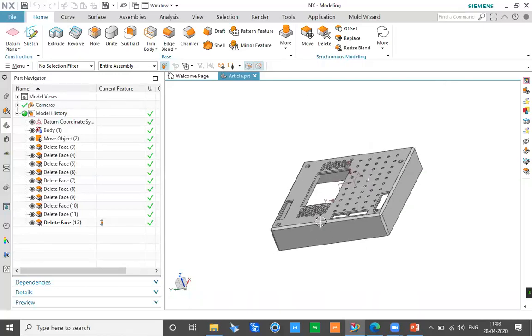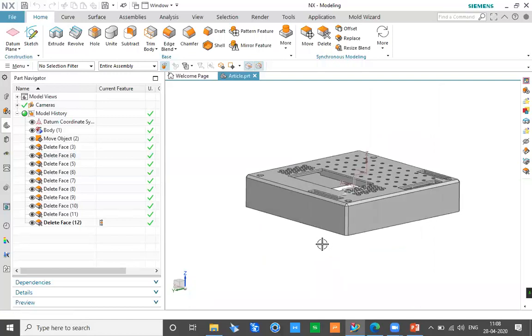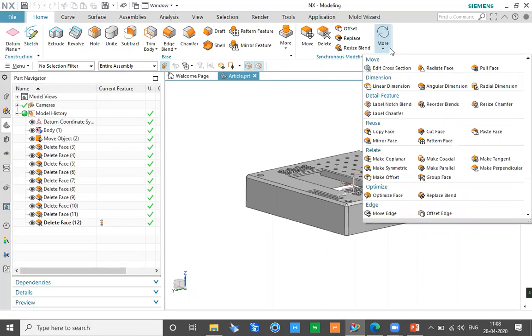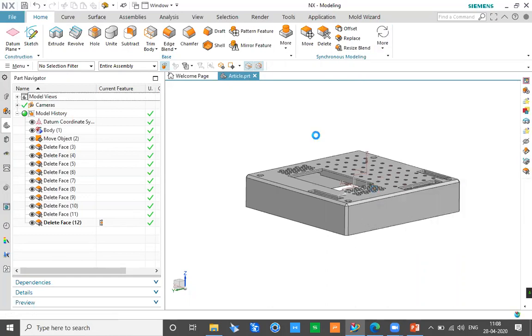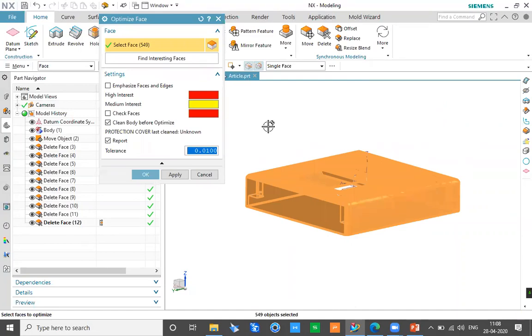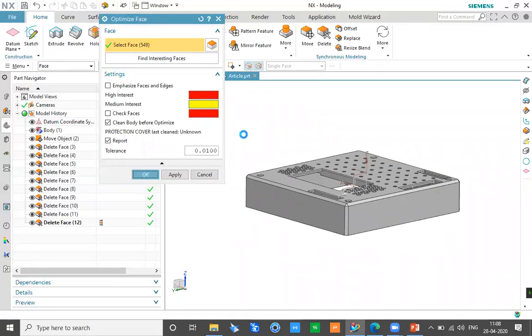So starting with the initial thing, the first thing we do is generally look at the product we have, like this is the kind of product I have. So what I recommend is whenever we start with a new product, I need to do cleanup on the geometry. Now it can be because the client has made the product in some other software and has given it to us. So what I prefer to do is create some sort of basic check on the geometry, so that I can understand whether the geometry contains any faulty areas or not. For example, sometimes very small tiny faces are there on the geometry, which create a problem later on in the machining stage of core and cavity. So all those things can be taken care of in the initial part itself.